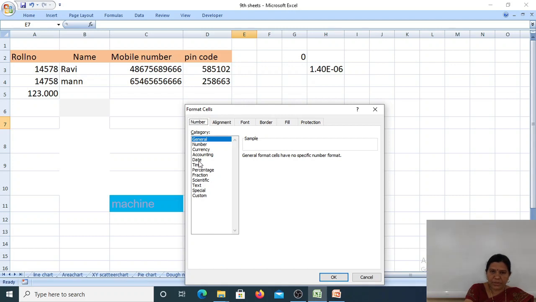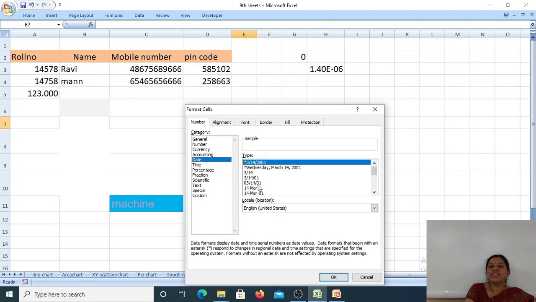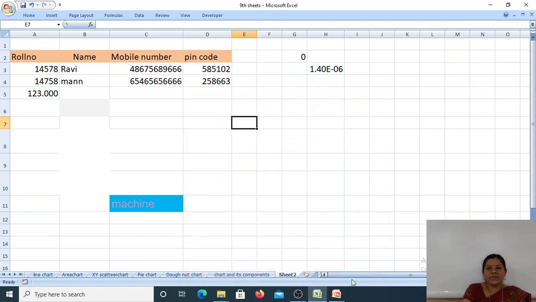Firstly we learn about date. Okay, for date you select which type of date you want. This is a figure, Wednesday is an example. Same thing, time also we can make. Whatever type we want, we just select that one and click on OK. Now next is